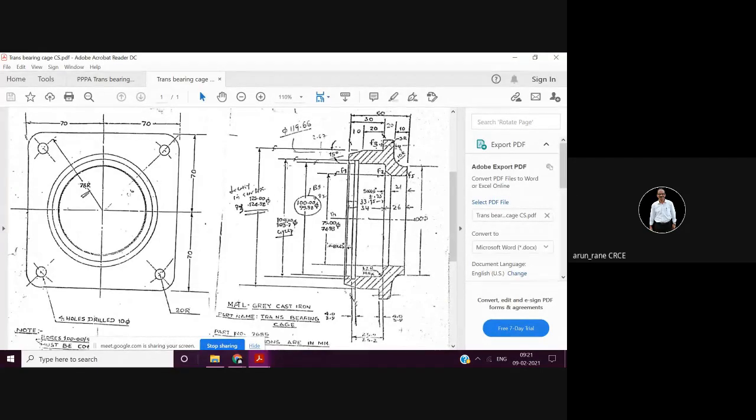It's a special tool. You can have a boring bar which can do only boring of this, or only boring of this, or you can go for a multi boring bar. In a multi boring bar you will have two cutting tools coming out, as I'll show you in the tool layout. One set for this bore and another set for this 75 bore. So these two bores will be done simultaneously. That is what is called the multiple boring bar.